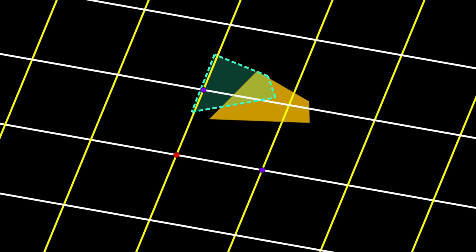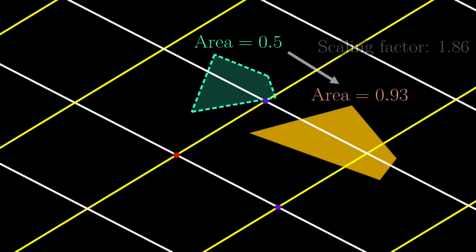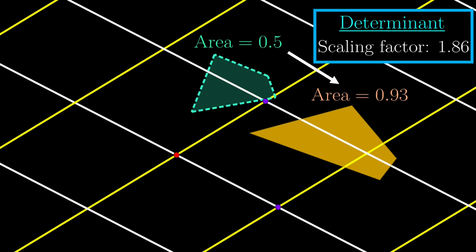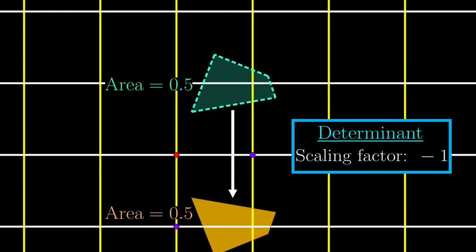Another thing about linear maps is what it does to 2-dimensional regions. Even though the region will be distorted, areas of any region actually scale by the same factor. In this example, this area grows by a factor of about 1.86, so for any region, the area also grows by exactly the same factor. This scaling factor is the determinant of the linear map. If the linear map involves some sort of reflection, for example in this case, we are simply reflecting along the horizontal axis, then even though the area hasn't changed, the determinant is -1 rather than 1, where the negative sign means our orientation has changed.